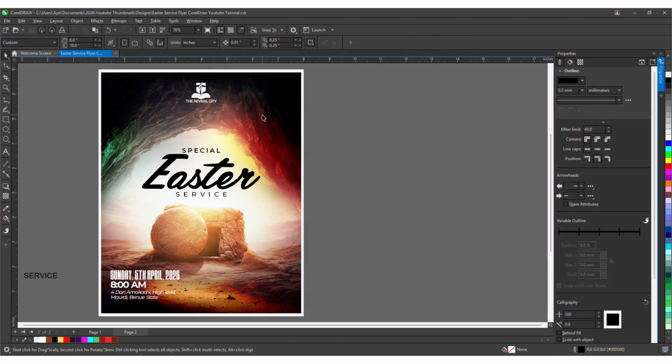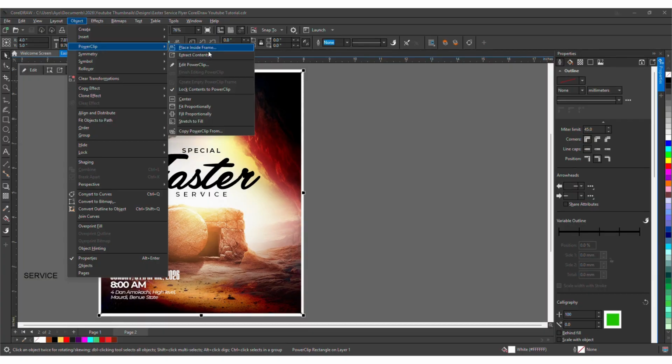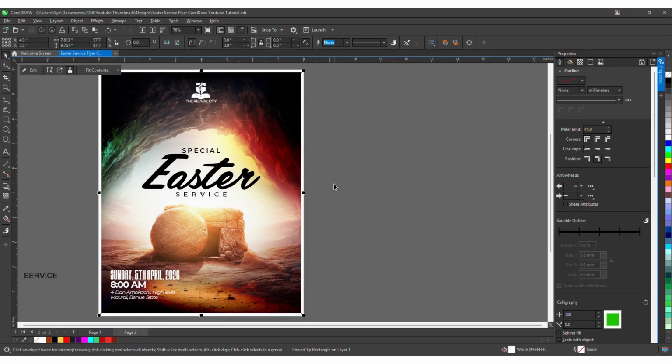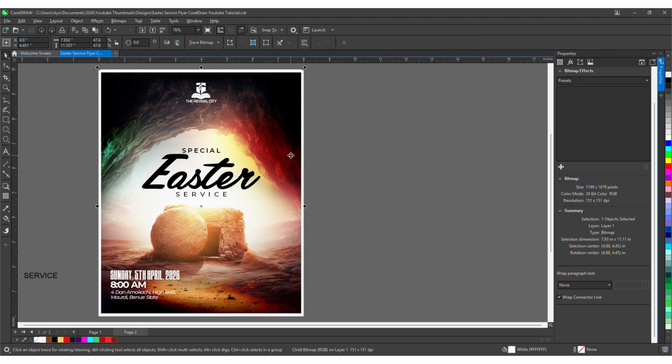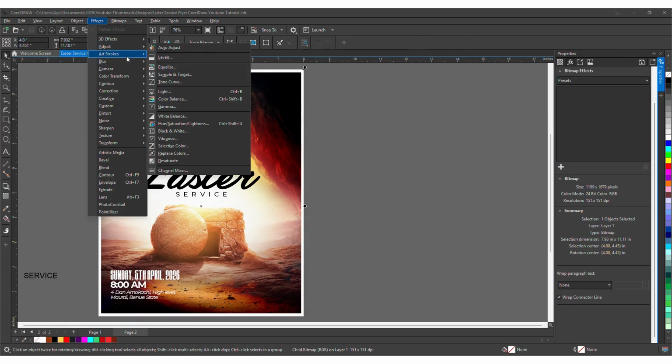So I will not go inside this shape like this and edit the background in isolation. No, I'm going to do it from the surface with all the text on it so I can see how each of the text would be displayed on the background. So I'm going to go to effect, tone curve,